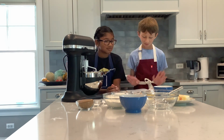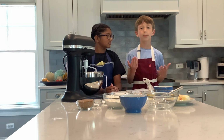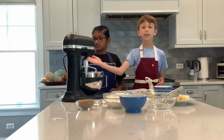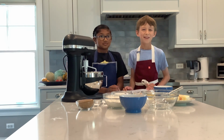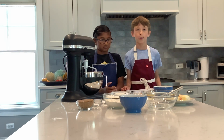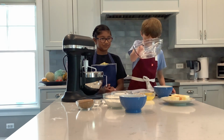So what we're going to first do is put on aprons, and make sure you have a parental guardian nearby, because you're going to need to preheat the oven to 150 degrees, right? Or no, 350 degrees. 150 would not be good. So first, line 3 sheet pans with parchment paper. Next, in a medium bowl, which is right here, we're going to whisk together